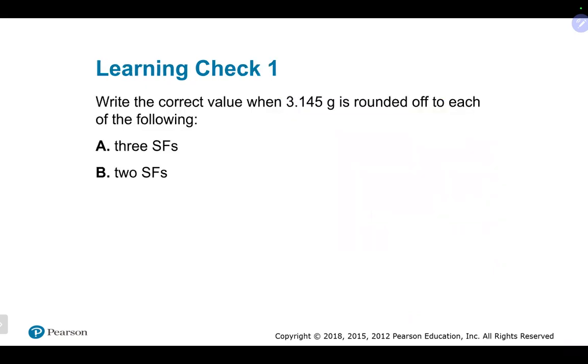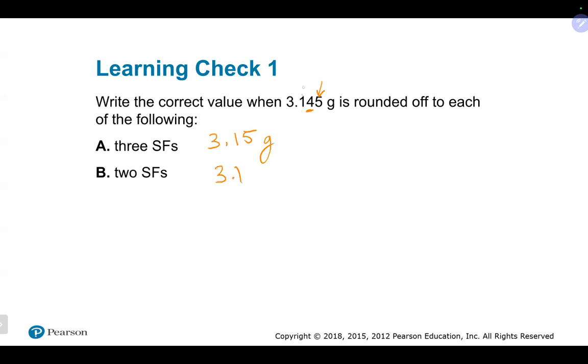All right. We want to round this to 3 sig figs. What should my answer be? 3.15. 3 sig figs would be here. This would tell us we should round up. We should also include some units there, right? 2 sig figs, the answer would be